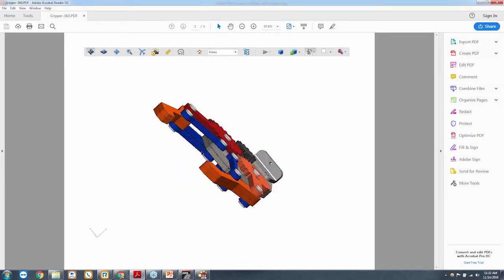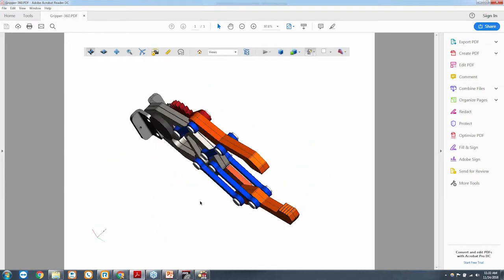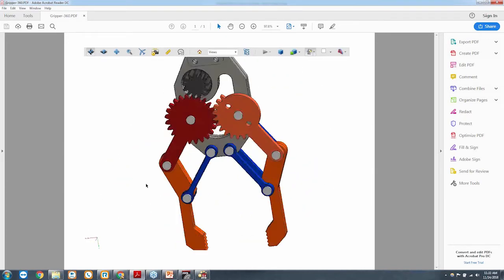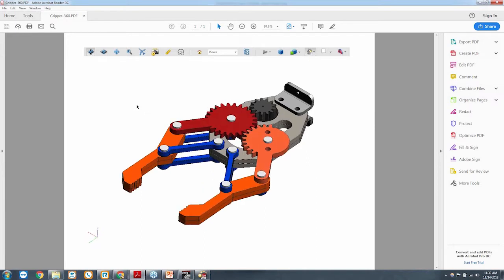But once that is, this is a 3D model, and it's really nice just to have in your assembly instructions. So let's say this is online, and you got this 3D model. So you have your step-by-step assembly instructions, but it's all SVG, it's all 2D. So you can't actually rotate it. You're like, I just want to see the back side of this model. So you can go into SOLIDWORKS, save out a 3D PDF, add that to your assembly instructions, and just like